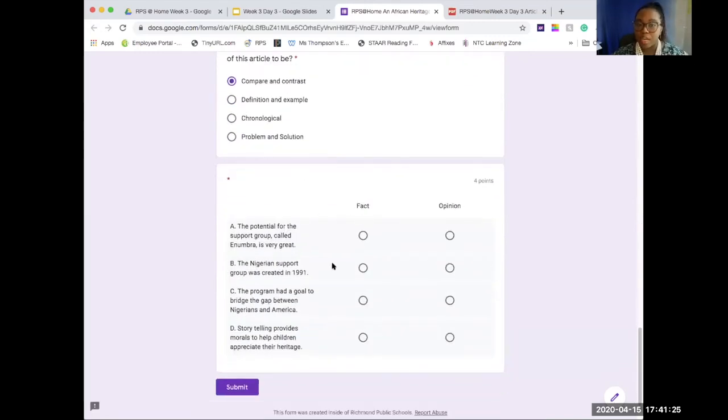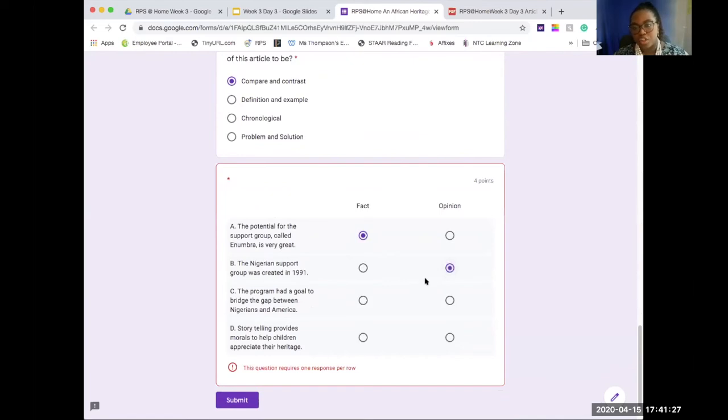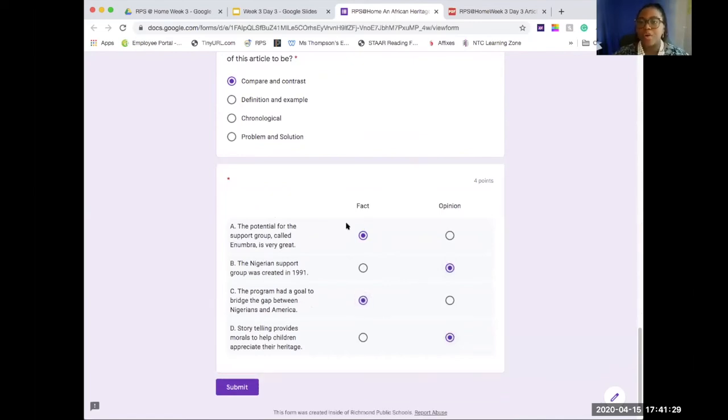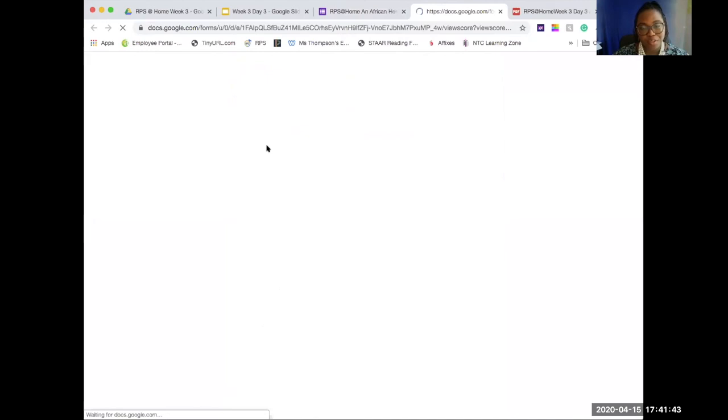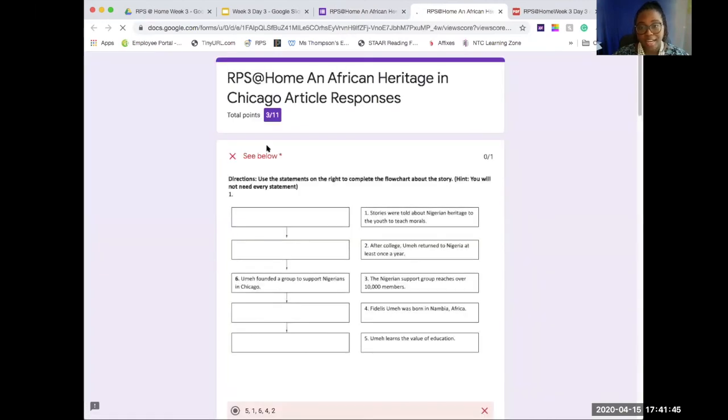And for this last one, number 8, you have to make sure that you're going in and you are putting one answer in each row. So each statement will be either a fact or an opinion. So when you submit, by the way, guys, I know you can view your score. And I'm not sure I got a lot of things wrong, okay? I'm not gonna scroll down because I don't wanna give away the answers, but it will tell you immediately whether you got the answer correct or not. Oh, look, I got 3 of them. Okay, I was just guessing.